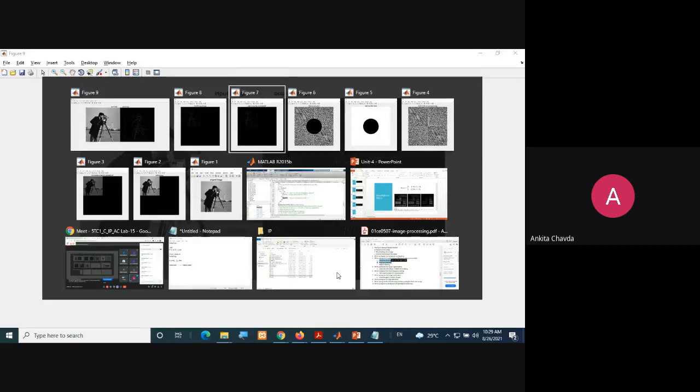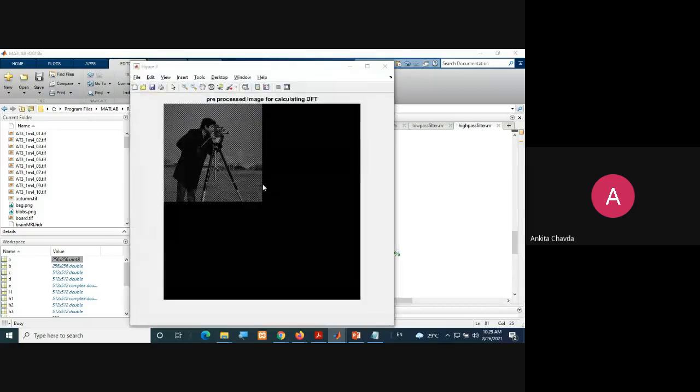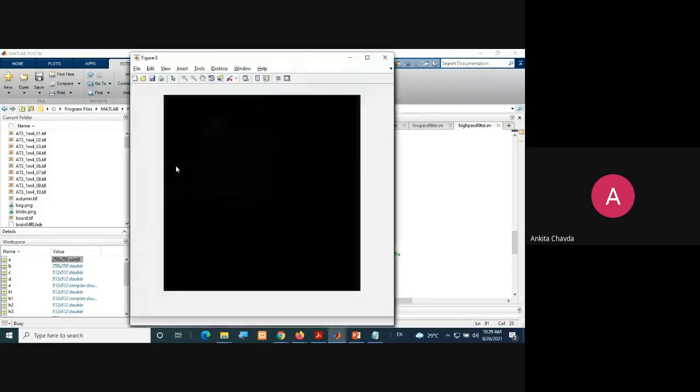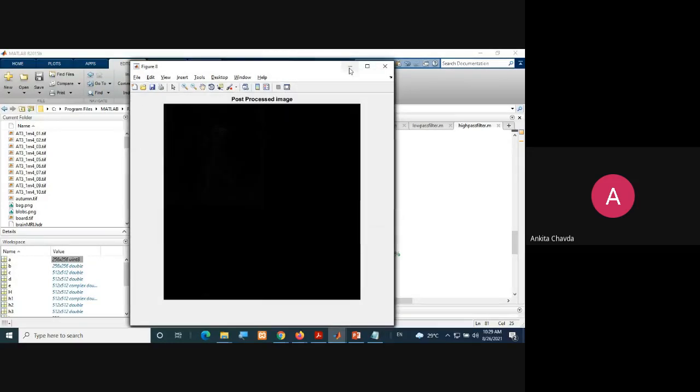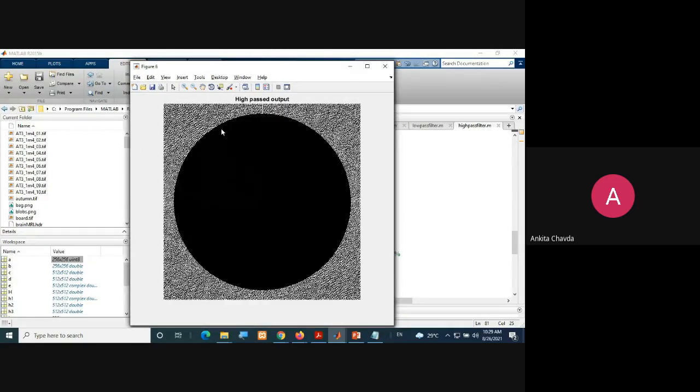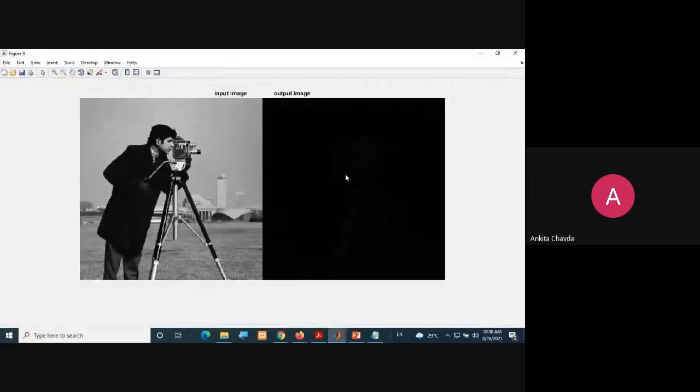Here also you can check, if I keep this at 0.9, this many things are not allowed, only the other things are allowed. I am considering all of this as low frequency. Only this part is allowed, so it will give you a very light boundary.